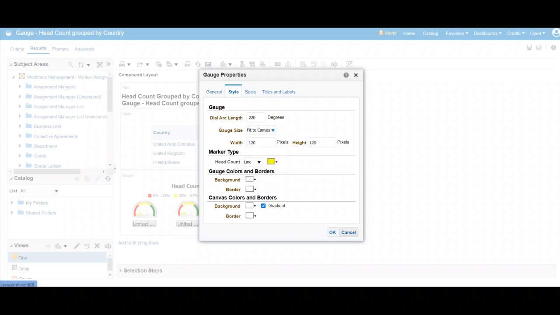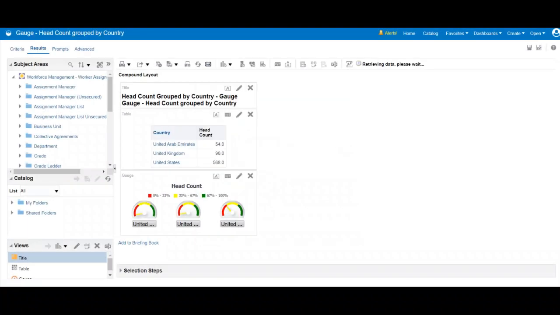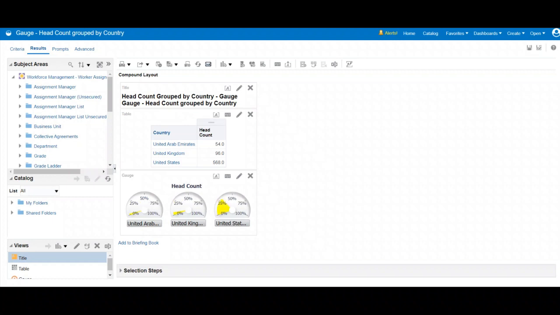So let us put it now to fit to canvas. I am going to choose fill here. Let's see what's going to happen now. Observe here, based on the head count, the measure value, you can see the needle has filled that amount of space in the gauge. The US head count is 568. That's the reason you see 0 to around 27 percent, because its head count is 27% of the entire total, like 568 plus 96 plus 54. If you take that value, in that value almost